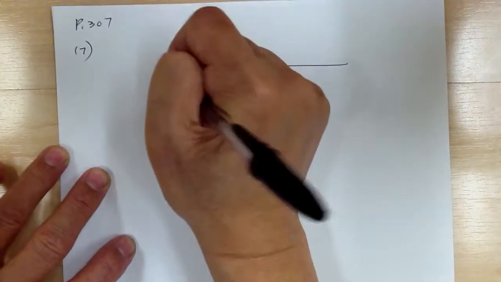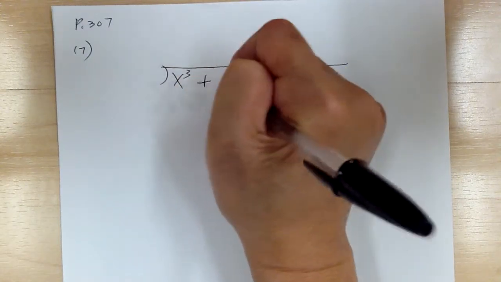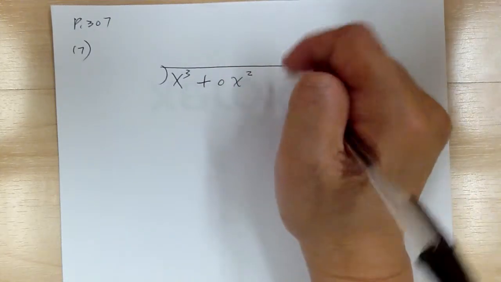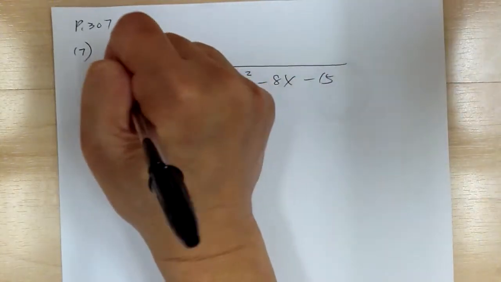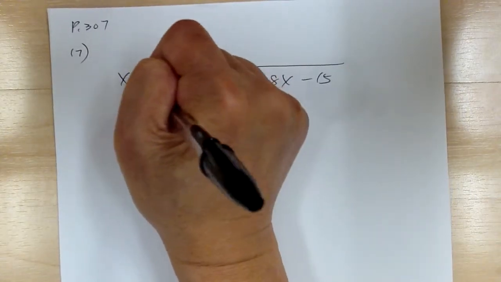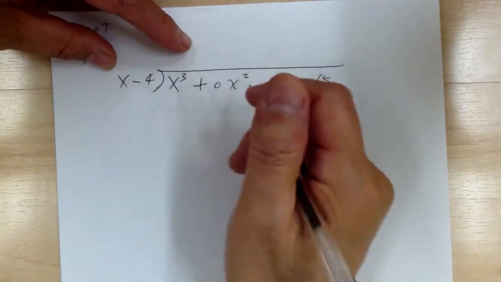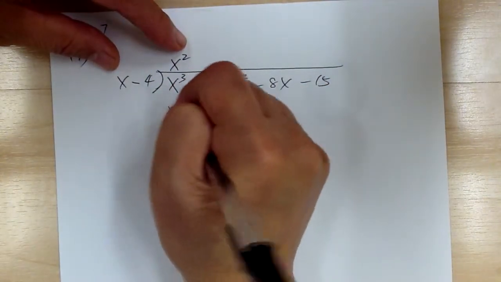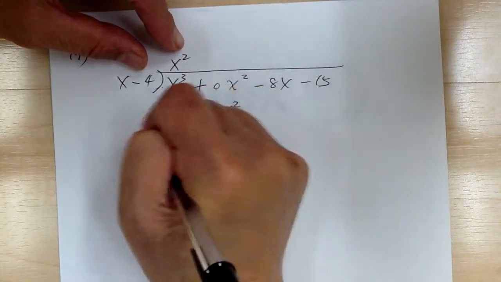Okay, so for number 17 you have x to the 3. Now there is no x squared, so you need to write down 0x squared, or you can leave a blank space, either way, minus 8x minus 15, and divide by x minus 4. First term, you need to get x squared, so you multiply, you get x to the 3 minus 4x squared. Draw the line,